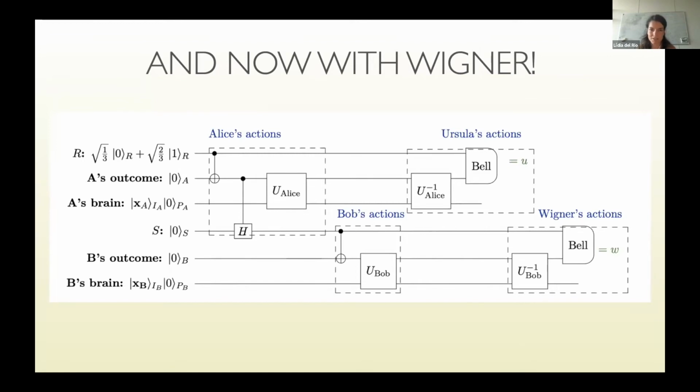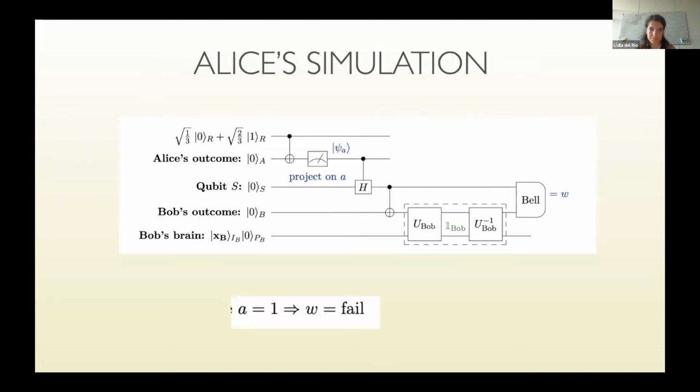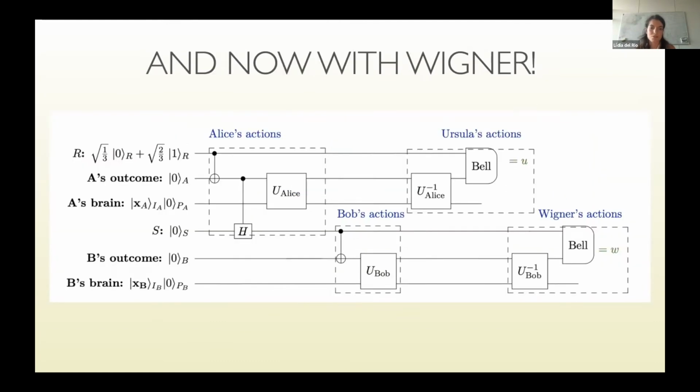So this is actually quite simple. It's what we had before, and now Wigner comes along and does Bob's reasoning and just measures S and B in this basis. This again is the unitary view as seen from Ursula and Wigner. So now what's missing here for Wigner and Ursula to make some inferences is that they need to initialize Alice's brain, right? So then they need to put themselves in Alice's place and think what simulation would Alice run, right?